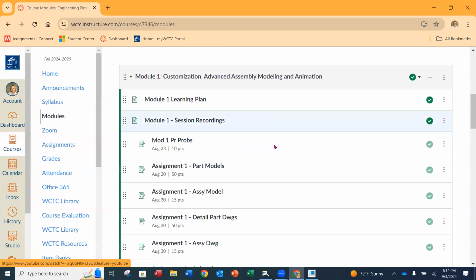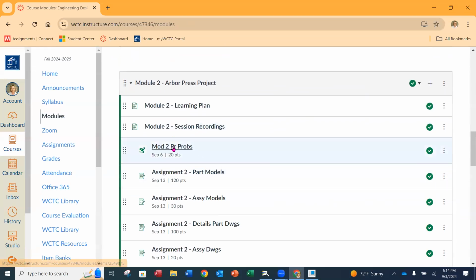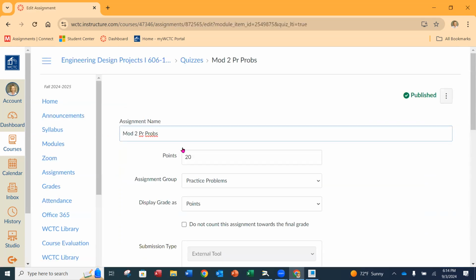And you'll notice here in module 2, we have some practice problems. Now, this set of practice problems, if you click on it, is going to be, I'm going to say in quotes, a little quiz. Okay. And the little quiz